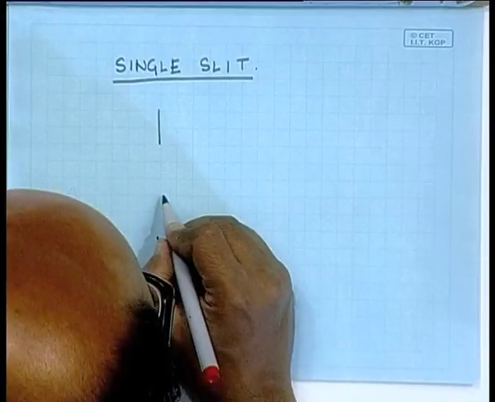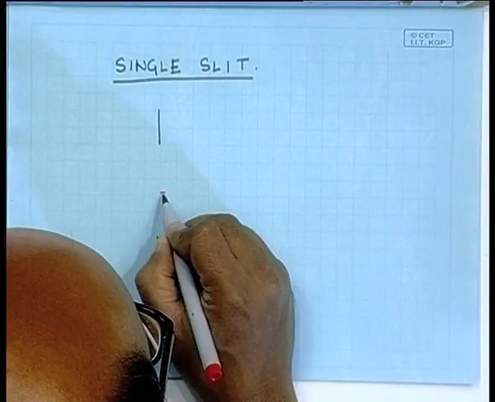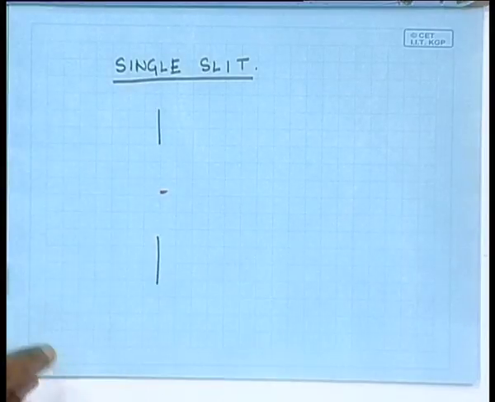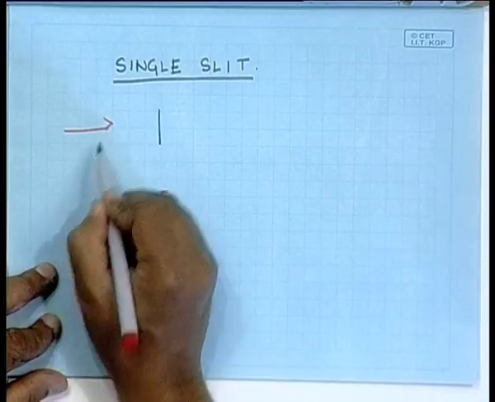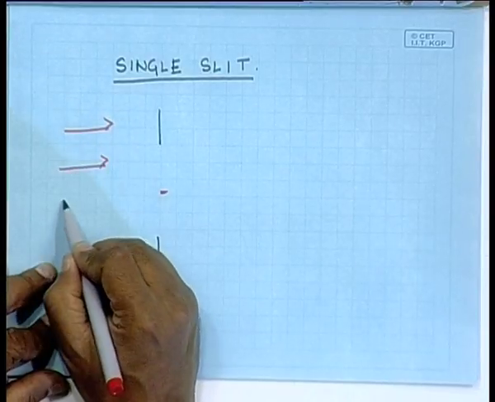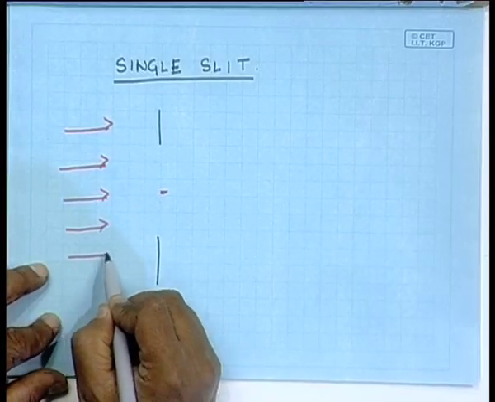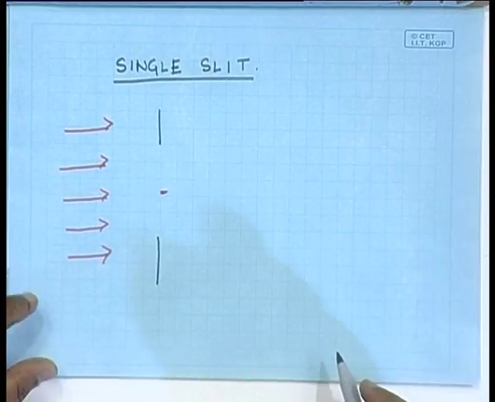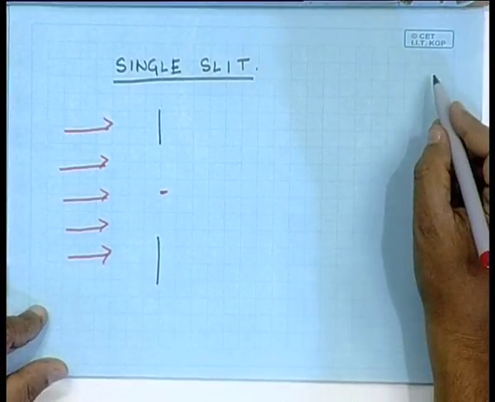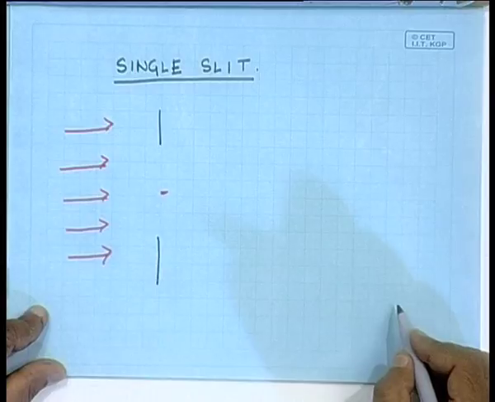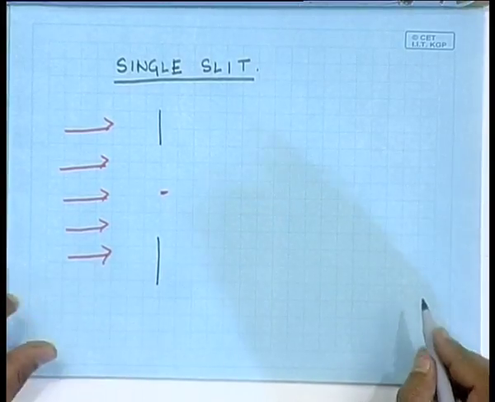So, this is the center of the slit, and there is a plane wave which is incident on this whole thing. And we are interested in the intensity pattern on a screen which is placed far away, or alternatively we could